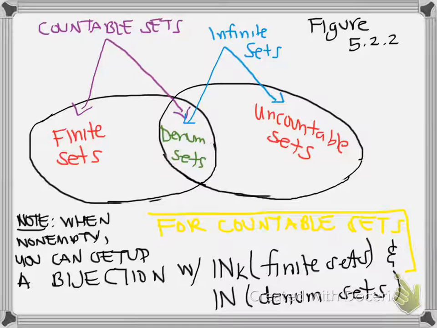Countable sets are just sets you can count. Now, it might take you the rest of your life to count them if it's the natural numbers, for instance, right? Because 1, 2, 3, 4, 5, 6, 7, 8, 9, 10. You don't want to hear Dr. Bourne going on forever. I don't want to hear myself going on forever, but it's countable, right? So that's why denumerable sets are countable, because they're equivalent to the natural numbers, and finite sets are countable because